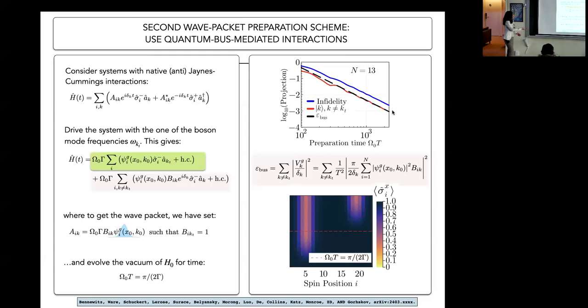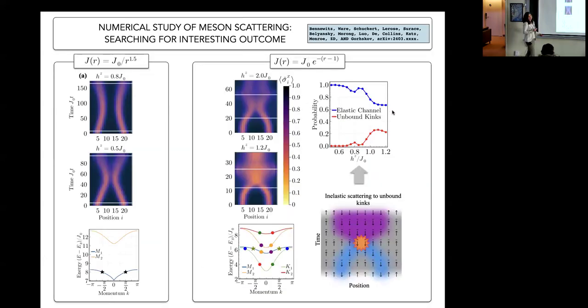Okay? Great. So we haven't done the experiment yet. Hopefully our experimental friend would do that for us in the next few months. But at the moment, we have done some numerics to see what to expect. So it turned out that there's not much interesting things going on with the power law model. It turned out if you start from two wave packets, scatter them, you just get elastic scattering, it appears. Because essentially energetics are very limited.